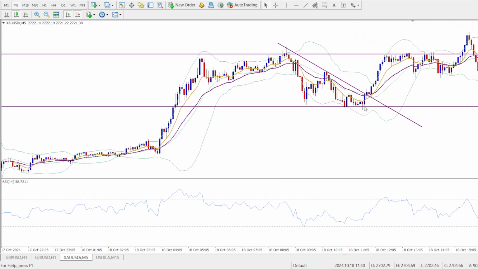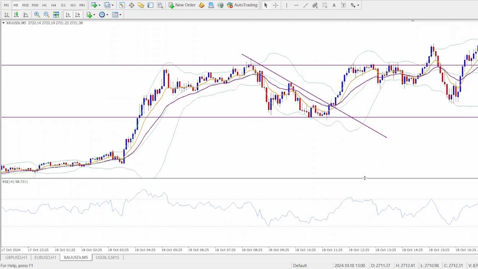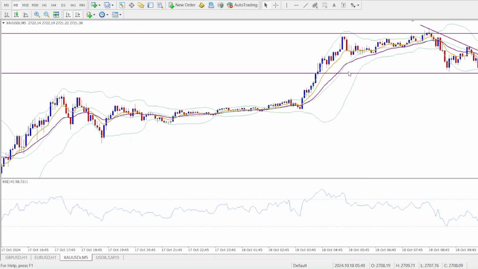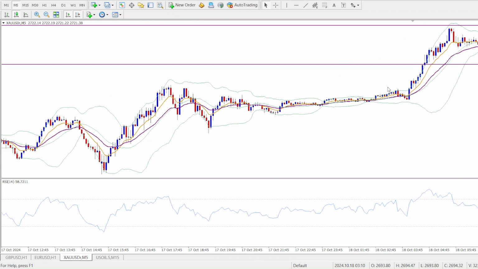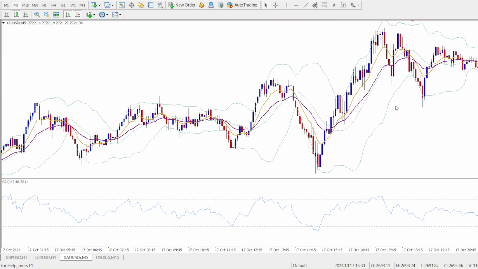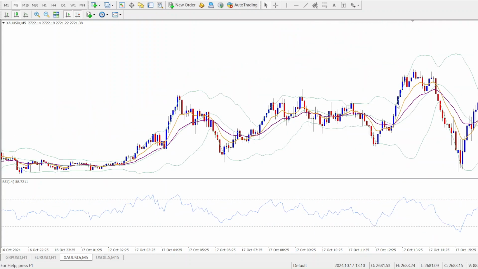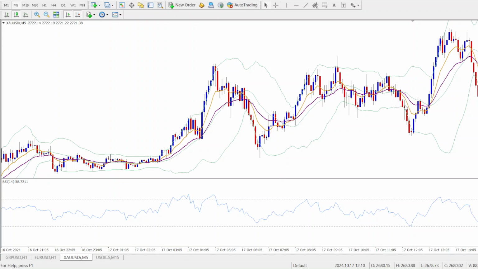Now, in terms of entry and exit signals, we use the RSI to identify potential entry points. Look for divergence between the RSI and the price. For example, when the price is making a new high, while the RSI does not. We can see around here we had a new high, and then here we had a lower high. That indicates a possible bearish move,